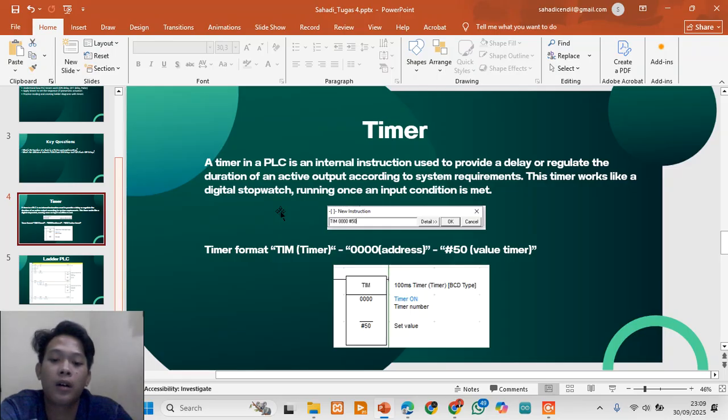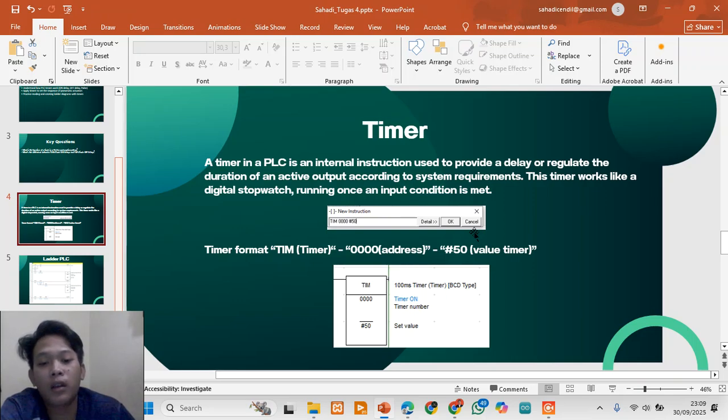So let's imagine a picture. You press a button and 5 seconds later a lamp turns on.